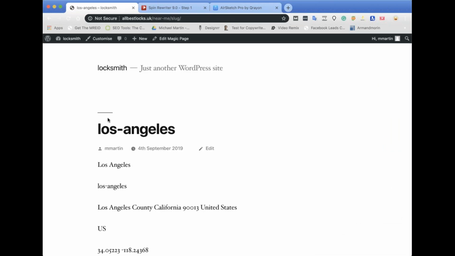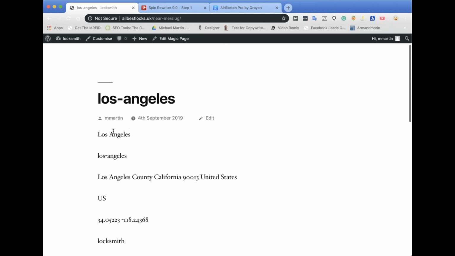Let's view the post. So as you can see at the top, we've got Los Angeles. Now that's the slug that I put in the top, which is, see this here? That's using the slug. So that's just showing you what that is. Then you've got Los Angeles, that's the location, and then you've got the slug, and then you've got all the other ones together. So Los Angeles County, California